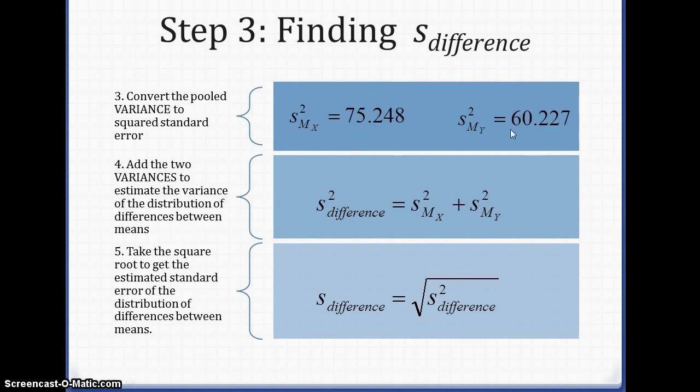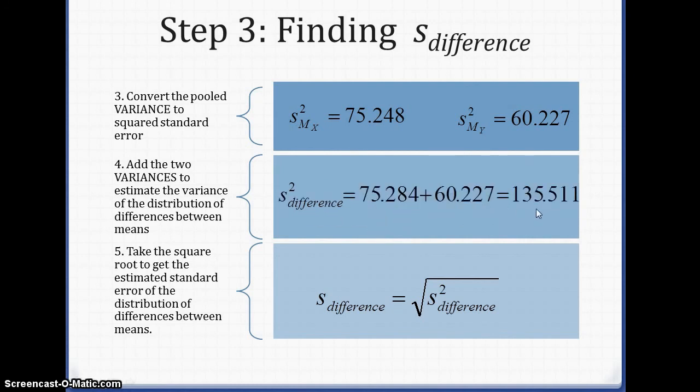We've got our 2 variances, 75.24 and 60.227. And the other thing you'll notice too is that the men's is smaller. Part of that is because we have more information, so we can be more precise. The next part is that we add the 2 variances together to estimate the variance of the distribution of differences between means. So it's simply summing the 2 squared standard errors that we found for each sample to find the variance of the distribution of differences between means. So if we add these 2 together, we get